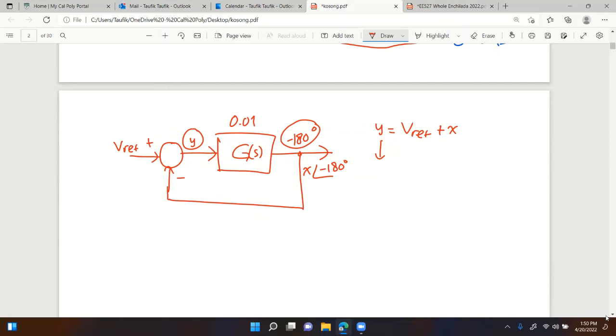So every time it goes back to the loop, you multiply by even a small gain, and this signal becomes even smaller and smaller and smaller, right? Because you keep multiplying it by 0.01, even though you add the two signals instead of subtract, right? Make sense? Now this becomes a problem if this gain is 1 or larger,